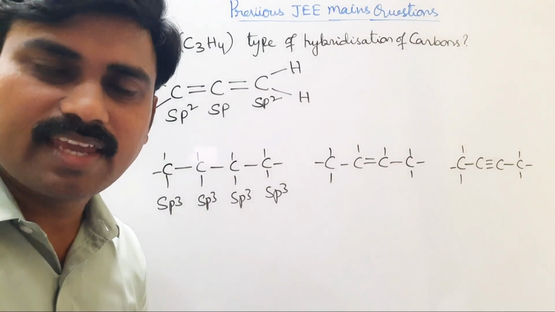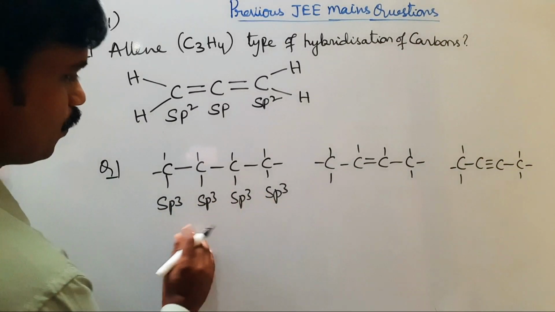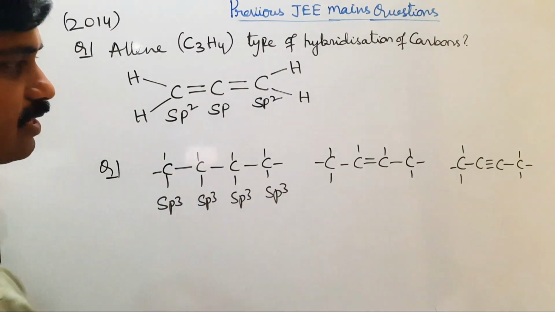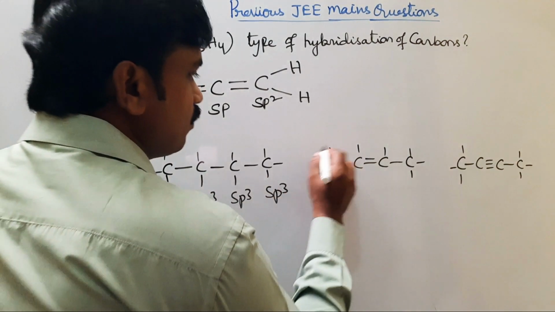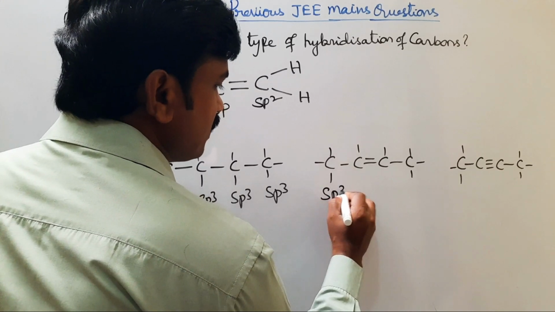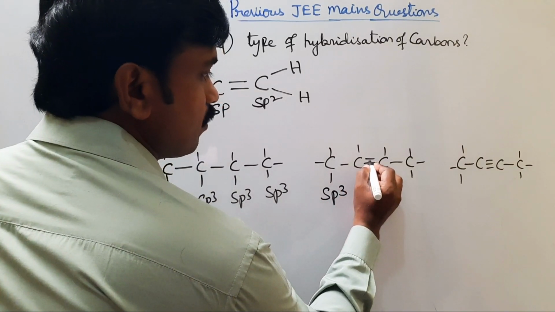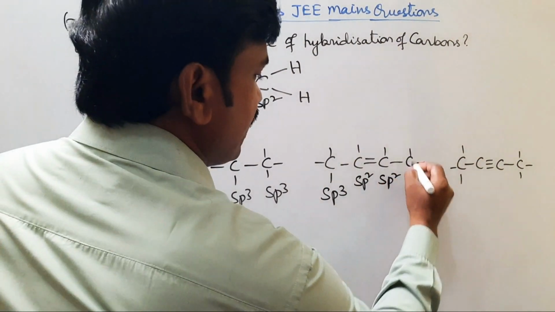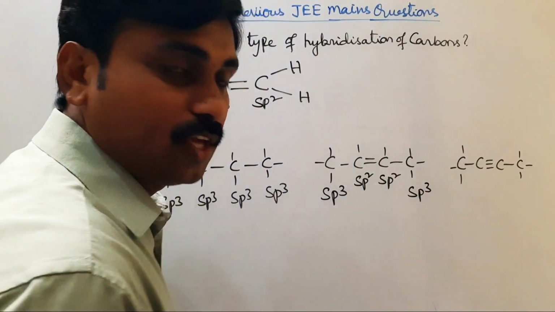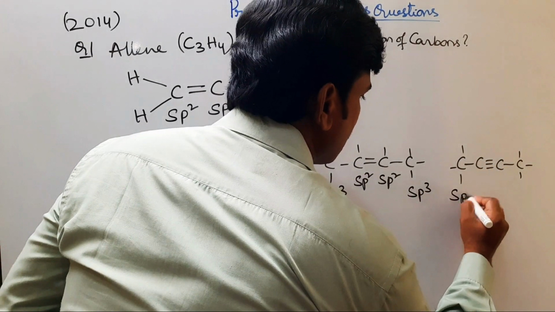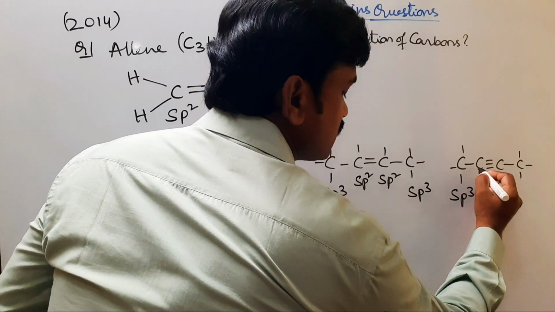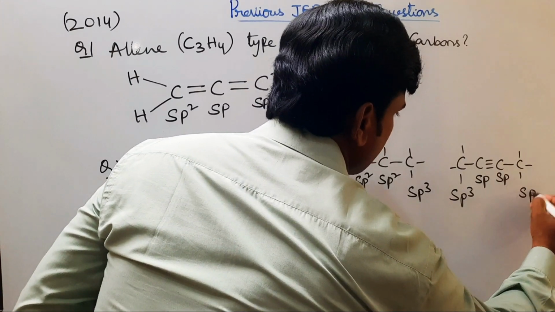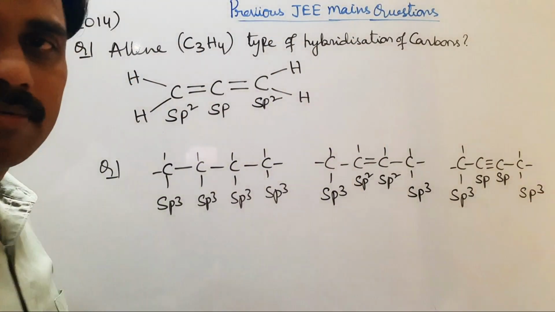Suppose alkanes, alkenes and alkynes. Suppose here butane is there. All the carbons are single bond carbons. That's why all the carbons undergo sp3 hybridization. In alkenes, single bond carbon is there. It undergoes sp3 hybridization, and this carbon is having a double bond here. So the double bond carbons undergo sp2 hybridization. And again single bond carbon is there. This is sp3 hybridization. In alkynes, single bond carbon undergoes sp3 hybridization and a triple bond is there. So you see here 2 sigma bonds. That's why it is sp and sp hybridizations, and again single bond carbon sp3 hybridization.